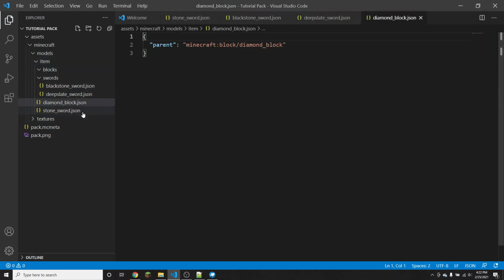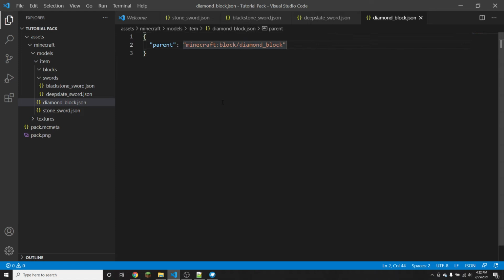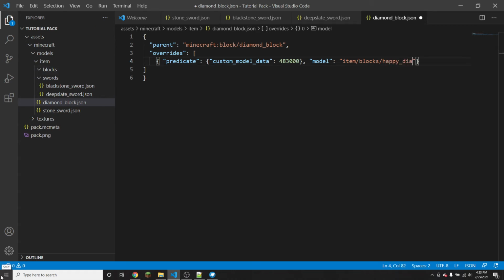And then I'm just going to go back to my stone sword file right here and just copy the overrides. So let me just select just the overrides. I don't want to accidentally get this curly bracket. And then put a comma here and paste in the overrides. And I want to change this to a model I haven't created yet, but I'm going to call it blocks, because I'm going to put it in the folder name blocks, and then happy diamond block,